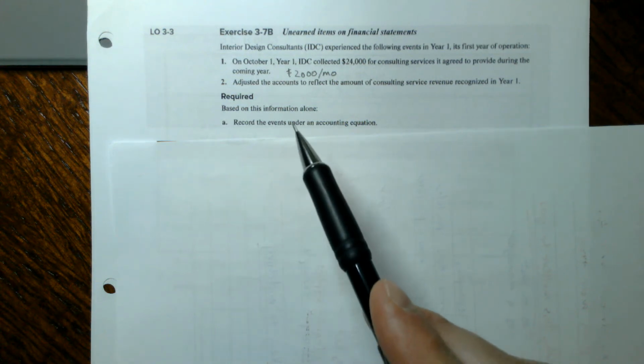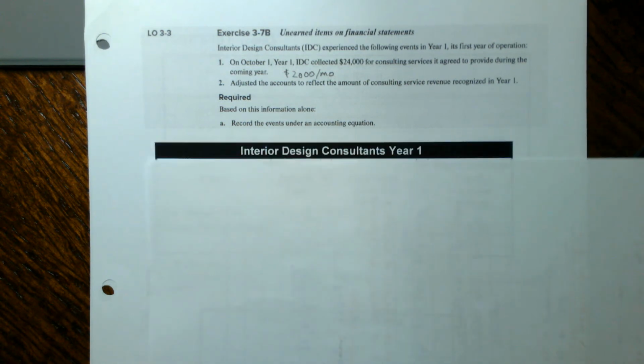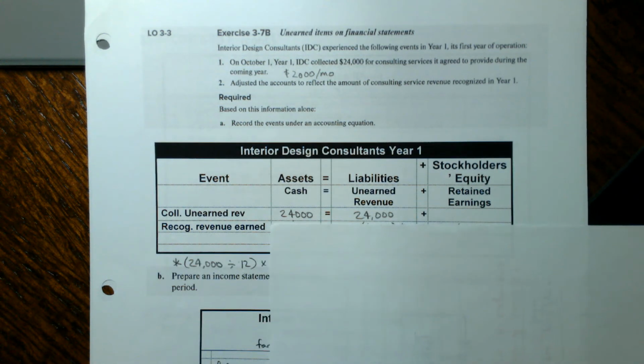So the last problem I want to show you is dealing with unearned revenue. So receiving money in advance of earning the revenue. So in this case here, on October 1st, year one, IDC collected $24,000 for consulting services it agreed to provide during the coming year. That works out to $2,000 per month. So in that case, I'm going to receive cash of $24,000 and I'm going to create that unearned revenue liability